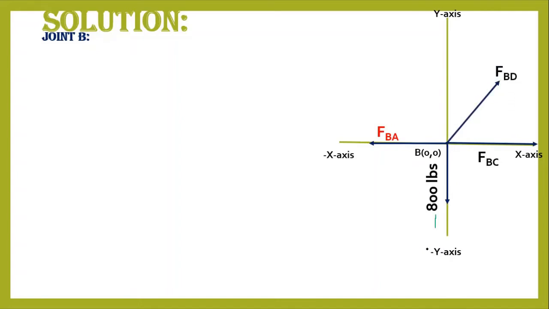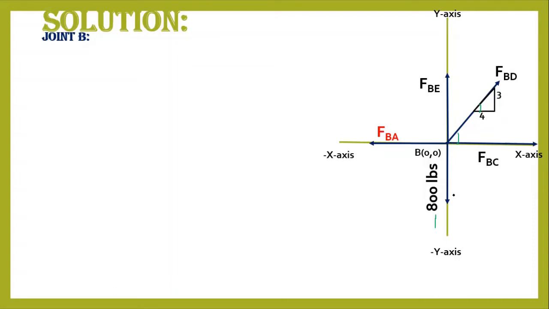So we have to resolve it into its components. How can we resolve it into components? As we did earlier in the slide, if you calculate this angle, you will be able to resolve it. And there is another force, that is FBA. There are so many forces at joint B, member forces. You can see here 1, 2, 3, 4, 5 forces. Four are the member forces, and one is the external force which is acting over the truss.